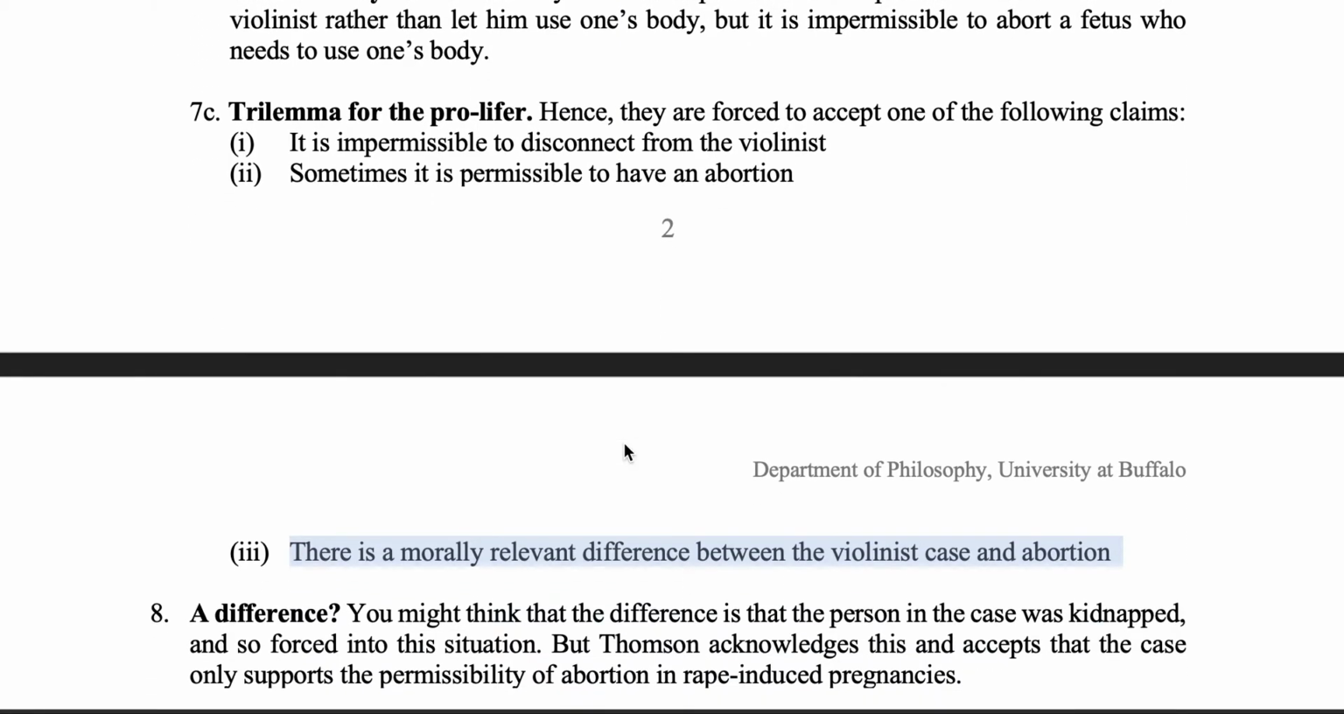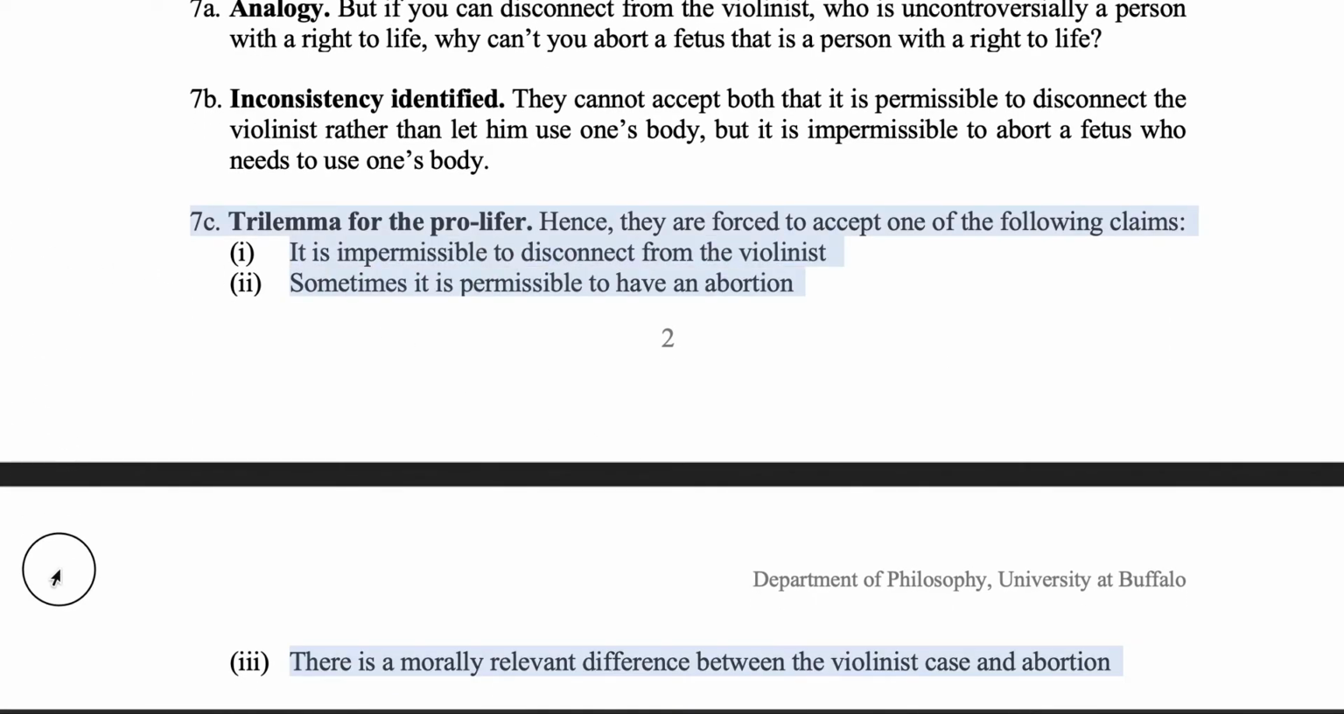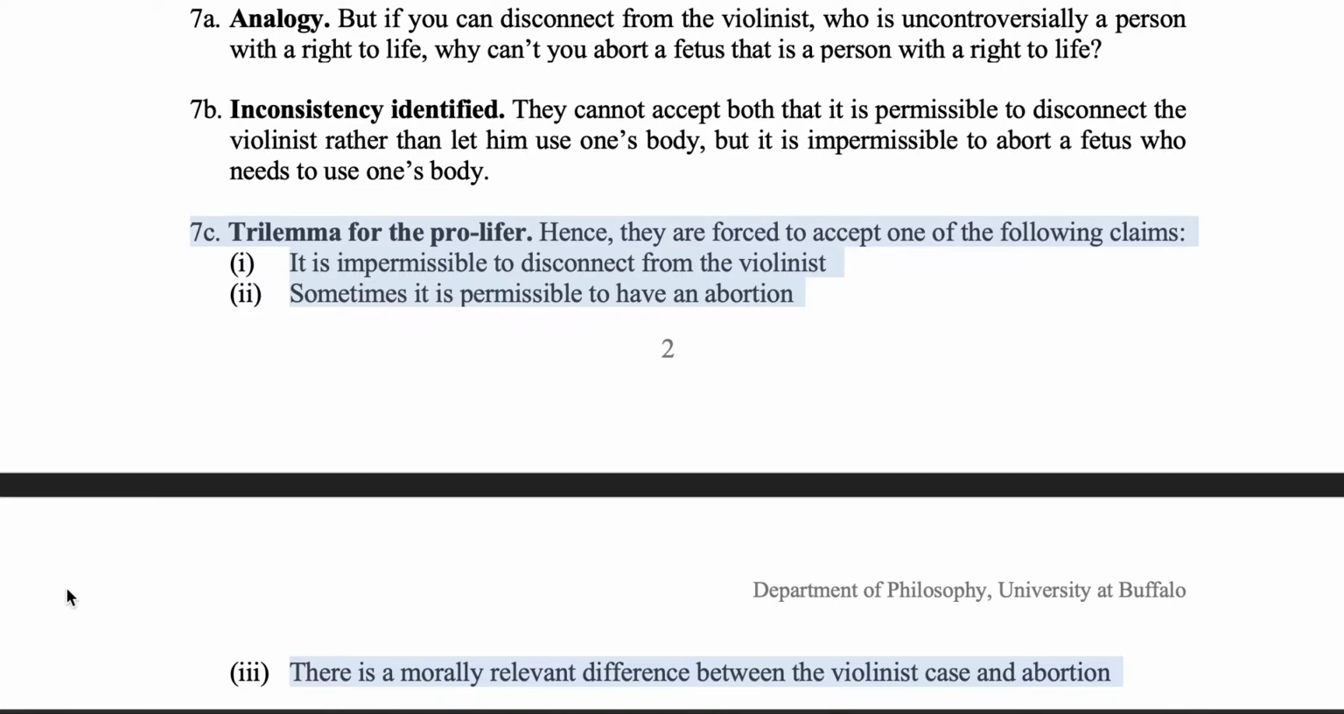So Thomson basically thinks that this case forces the pro-lifer to make one of these choices. Either accept her argument, which is that sometimes it's permissible to have an abortion. That's what she thinks, and she thinks the violinist case helps us see that. Or if you want to stick with pro-life and say all abortions are wrong, you're going to have to say you can't disconnect from the violinist. Or if you want to keep pro-life, but you don't want to say you're committed to staying connected to the violinist, then you have to find a morally relevant difference between these